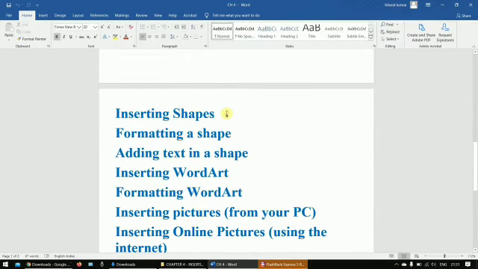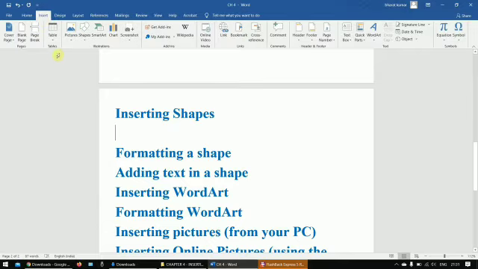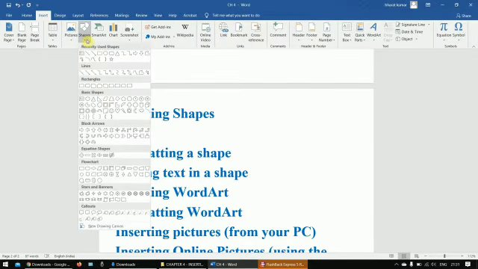So next, inserting a shape. First we will see how we can insert a shape in MS Word. For doing this, go to your insert tab. See, this is the pop-up menu of your shapes. There are so many shapes. Choose your desired shape. We have different types of shapes, students.